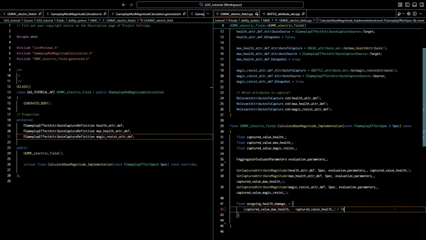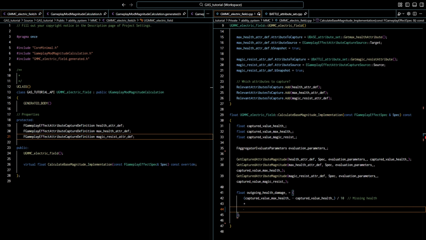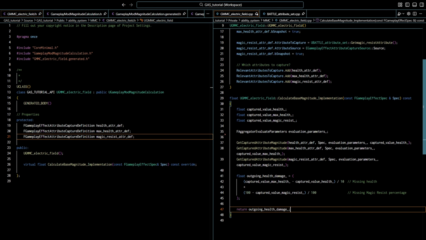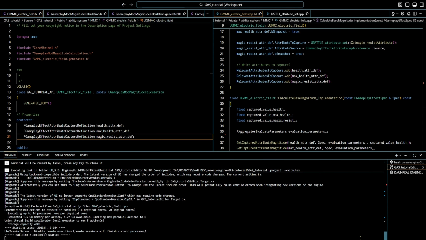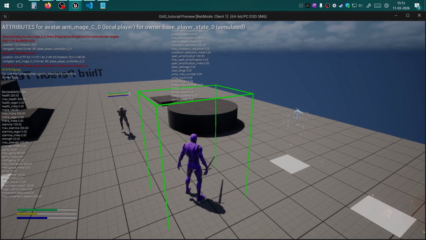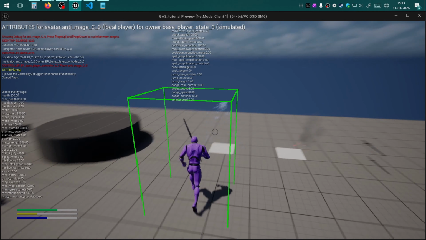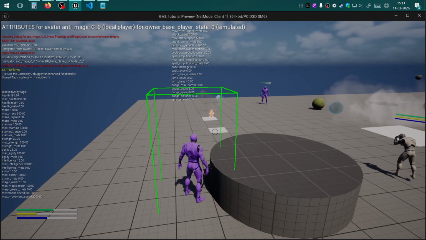That is, the outgoing health damage is now a simple expression. The difference of max health and health factored by 10 and the remaining percentage value the magic resist allows as damage. And that's pretty much it. Just simply return the outgoing damage, build and run your editor. And now, when I test this in the level, we start with 9 damage, and not having snapshotted health means